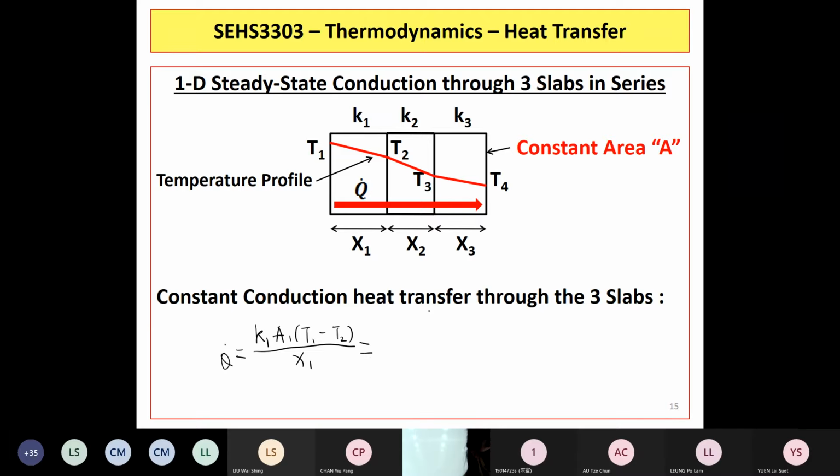Conduction heat transfer stays constant, so that it equals,